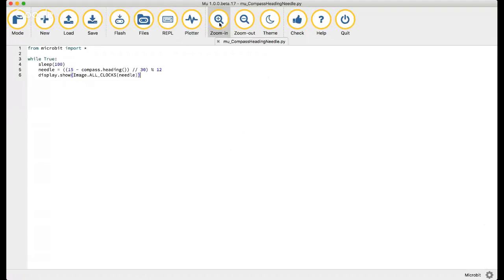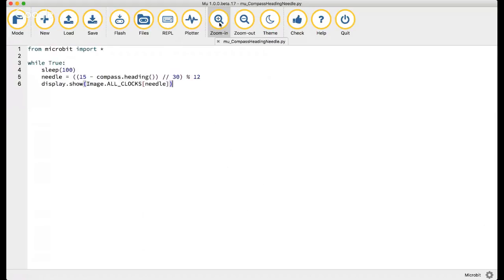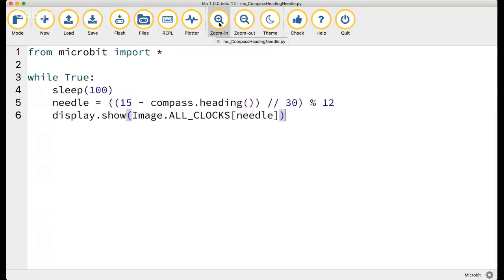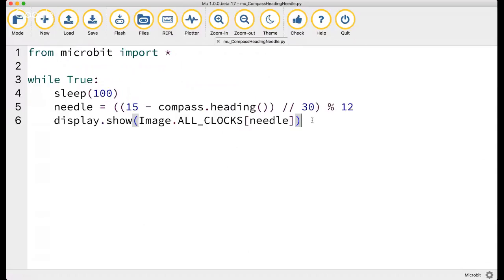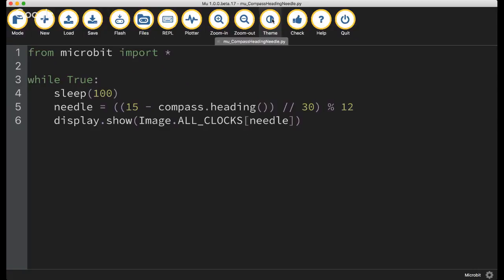Right, and then of course, you can do the basic stuff like zoom in. So in this case, you'll be able to see my coding a lot more clearly by zooming in. You can zoom out as well. There's theme. Theme basically switches between a dark interface,